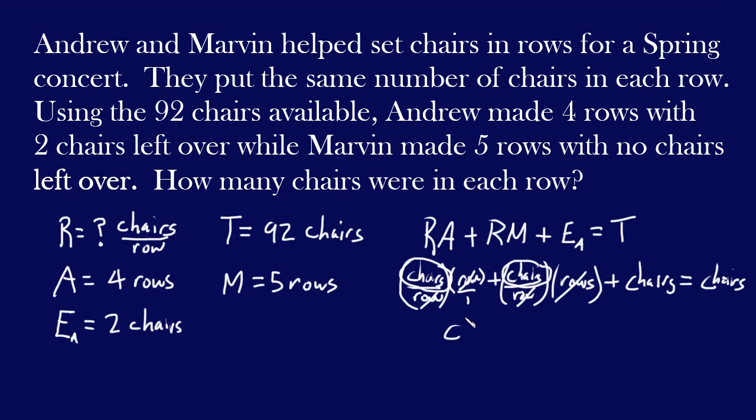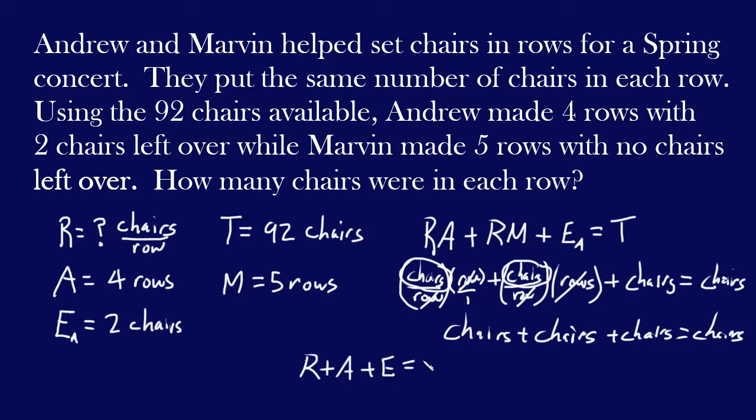So we have chairs plus chairs plus chairs equals chairs. And so that means we can trust this equation, because what will happen sometimes is people will say, well, I think it's maybe r plus a plus e is equal to t, but this doesn't make any sense, because